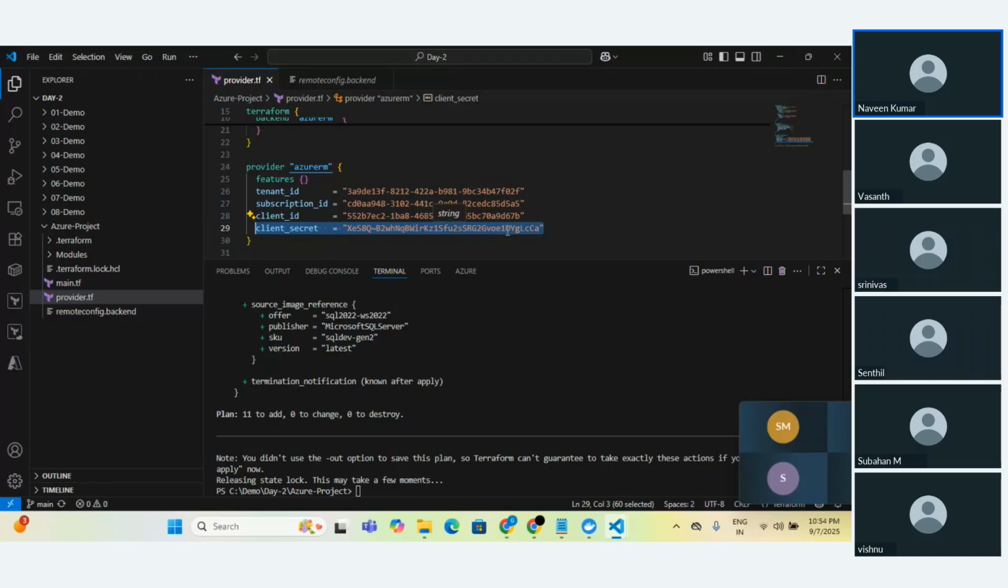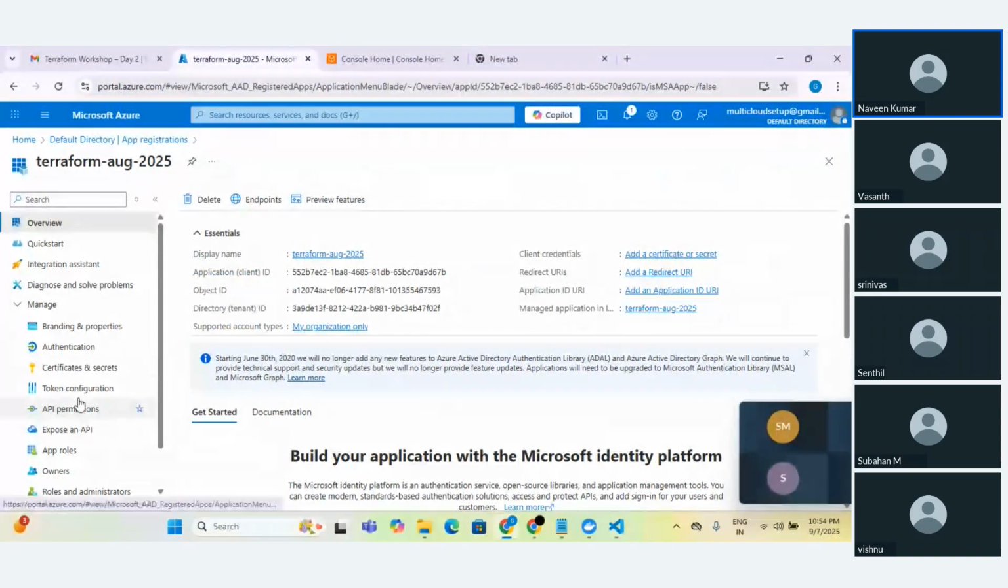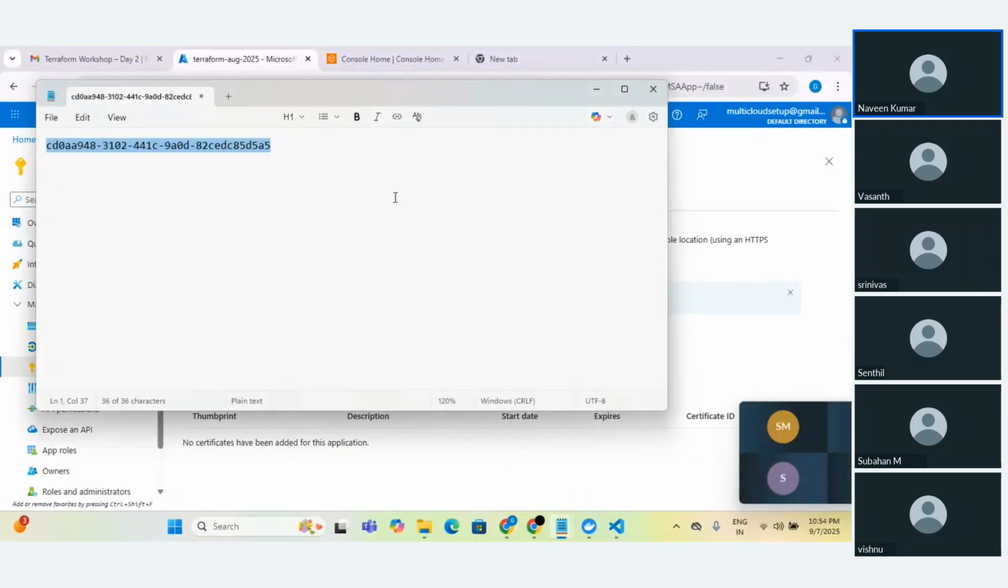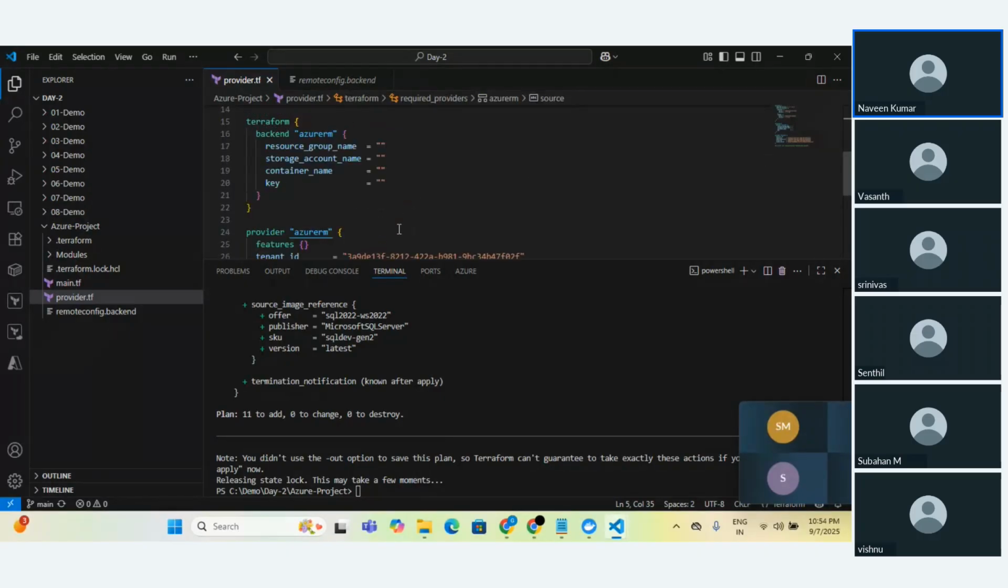Okay, initially I had it, but if you see here, it is not having any secret. That's why it was failing. It was not able to make use of that secret. So now